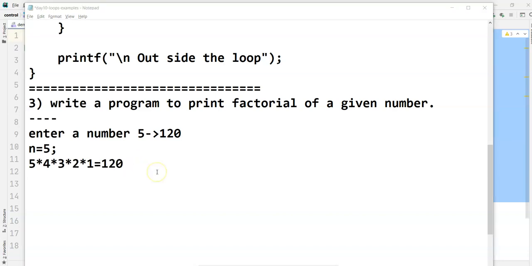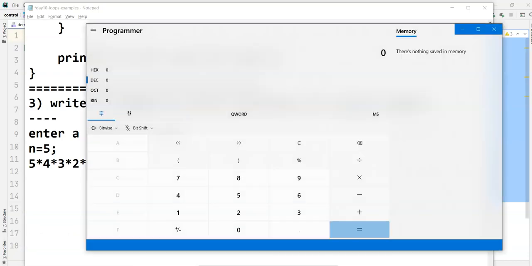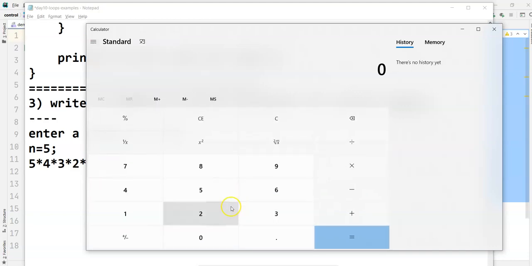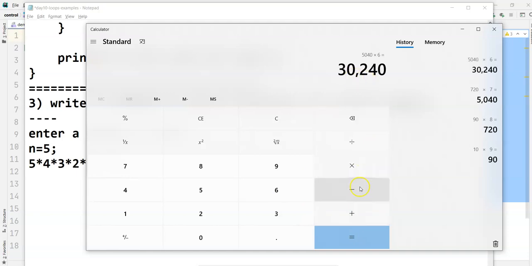For example, if I'm using a calculator in normal standard mode, and I want to calculate 10 factorial: 10 into 9 is 90, into 8 is 720, into 7 is 5040, into 6 is 30,240, into 5 is 151,200.